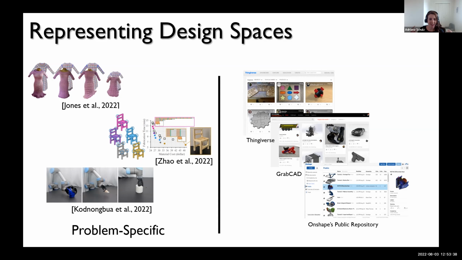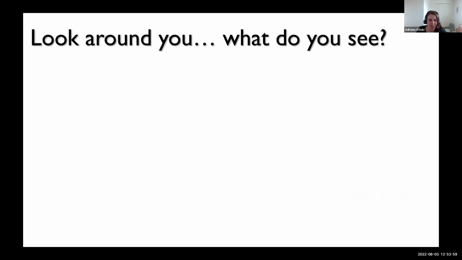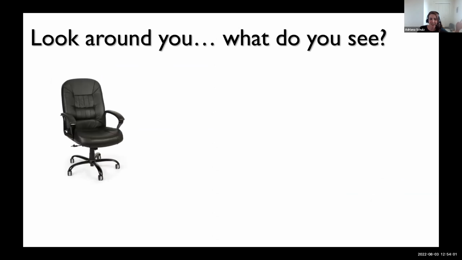And the reason why I think CAD is so fundamental, when I talk about this, I mention something that I learned the very first day of my internship at Onshape in 2016 from John Hirschdick, who I think is here. We were sitting in this room, and I have this very vivid memory of him saying, "Look around you, and what do you see?" There's this chair we're sitting on.